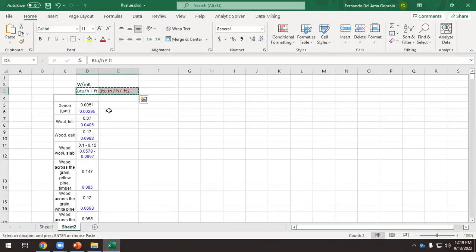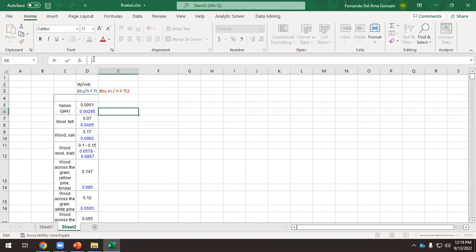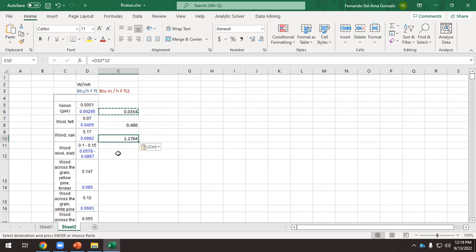Okay, so what do I do? I use this column here, equals this times 12. There you go. And now we can either copy. Okay, so every time I copy this, where we have blue